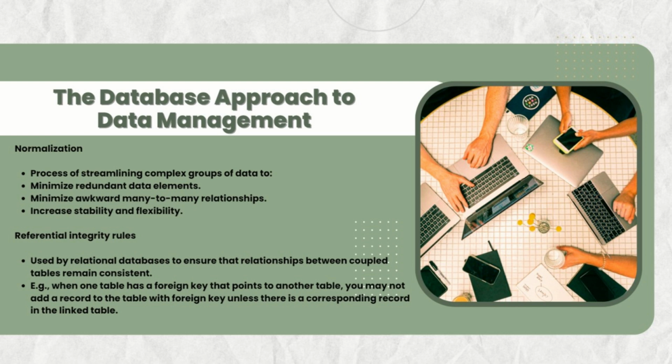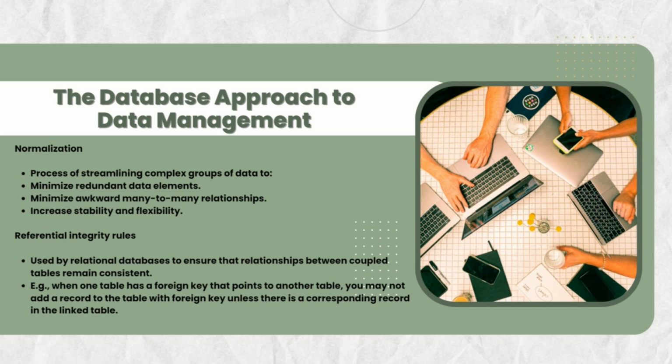It involves organizing data into multiple related tables while adhering to specific rules and principles. First is minimize redundant data elements. Redundant data refers to data that is unnecessarily repeated across multiple records or tables in a database. This helps in conserving storage space, reducing data update anomalies such as inconsistencies due to redundant data, and ensuring data